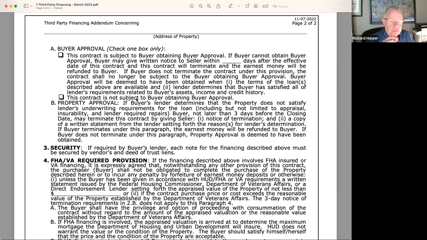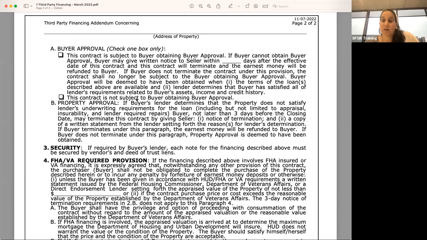So in your experience, would title company honor to not release the earnest money? This is a great question. In my experience, most title companies are only going to release the earnest money during the option period without signatures. It depends. You may get a title company that's like, this is clear and we're giving you the earnest money